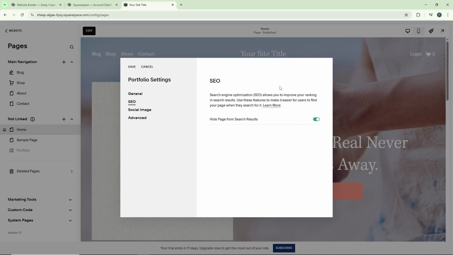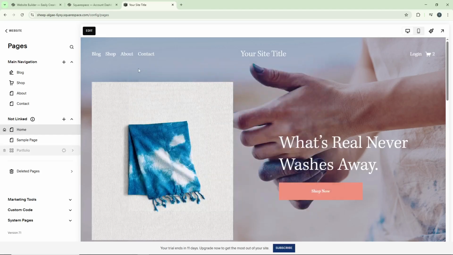Once you've chosen the method that works best for your needs, click Save to apply your changes. Your portfolio page is now hidden according to the method you selected, and that's it. You've successfully hidden your portfolio page in Squarespace 7.1 using one of these 3